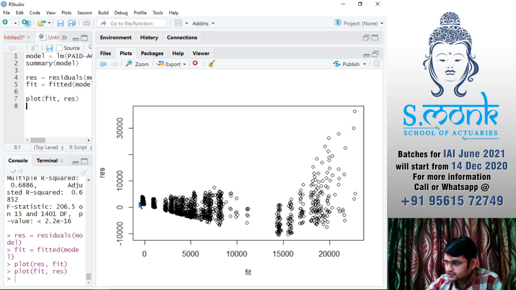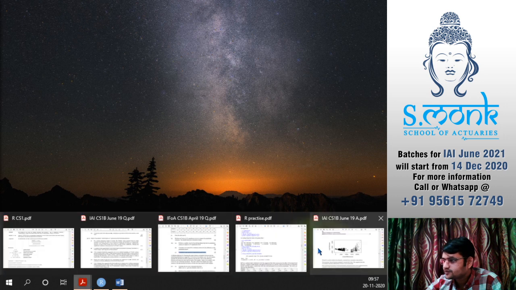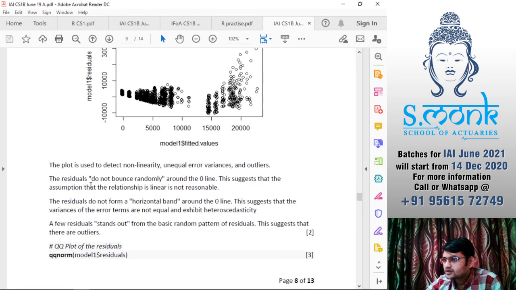Okay. So this is basically, you can see positive, then negative, and then again positive values of residual. So most likely you can say that this is slightly curved data. Okay, I think that is what their conclusion might be. The plot is used to detect non-linearity, unequal error variances and outliers.